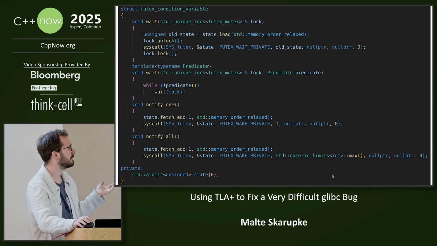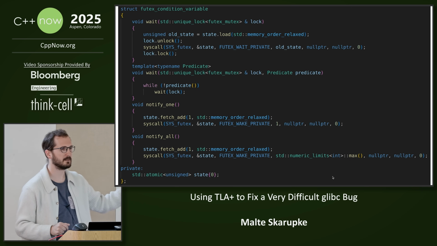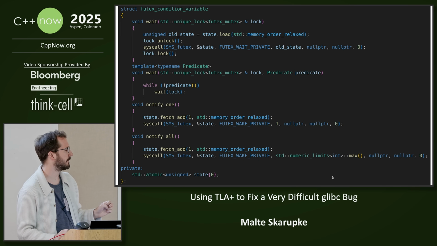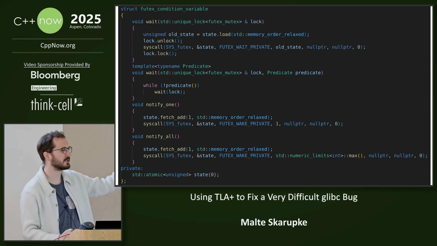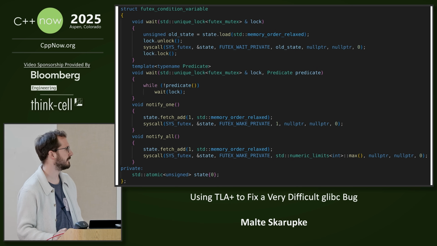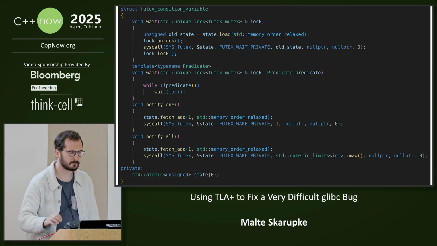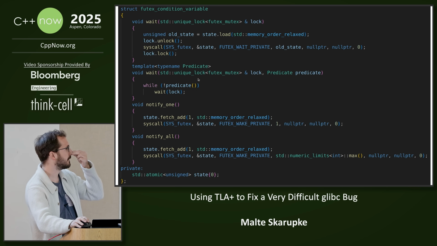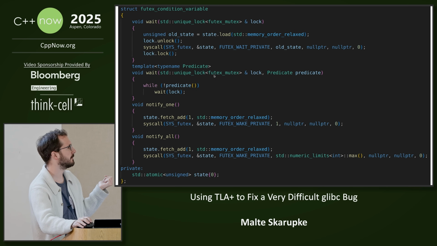So here's the condition variable implementation, which once again is good code. Feel free to use this. In fact, like we said earlier, when pthread condition variables broke, I switched our code to use this instead, and this is fine. The main entry point is this wait function where you pass the lock, which you have to hold when you enter the function, and you pass an arbitrary predicate, which in this case is that the list has to be not empty. And so we say while the predicate's not true, so while the list is empty,